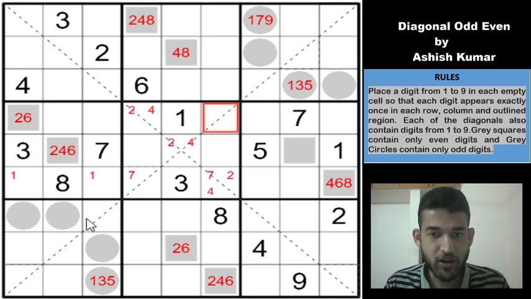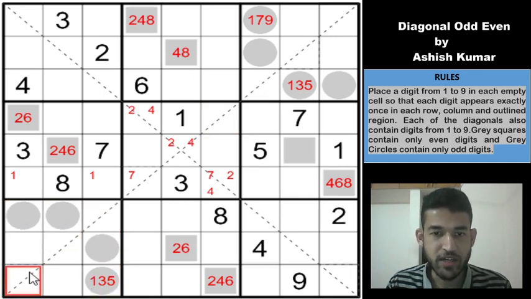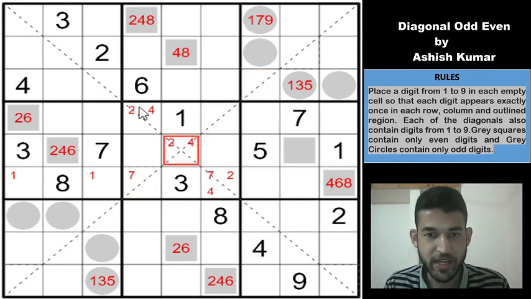A different way, or maybe a simpler way, I'm not really sure if it's simple, to look at this idea is, we know that the diagonal line contains 5 odd digits, and these 3 cells can contain a maximum of 1 odd digit, right? Because 4 odd digits are outside. So these 3 cells will contain a maximum of 1 odd digit, and similarly these 3 cells will contain a maximum of 1 odd digit, which means we need 3 more odd digits, and those can be placed here only. So this is another way of looking at the idea that I stated.